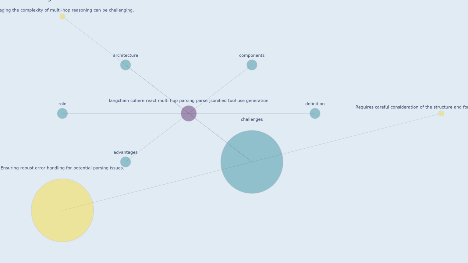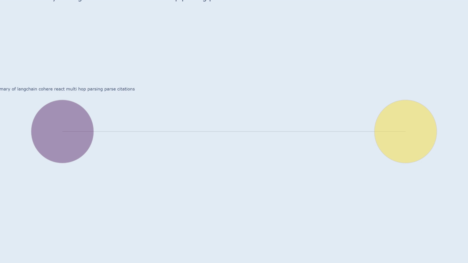Ensuring robust error handling for potential parsing issues. It is important to handle potential parsing errors gracefully and ensure that the application can continue operating without any unexpected issues. Advantage 1. The system can leverage the capabilities of Cohere's advanced language models for various tasks, including text generation,